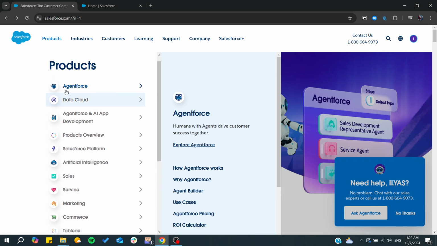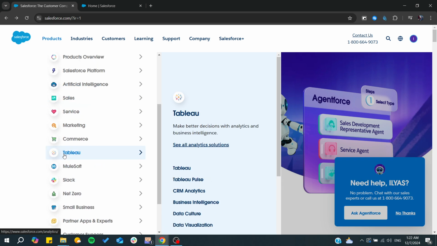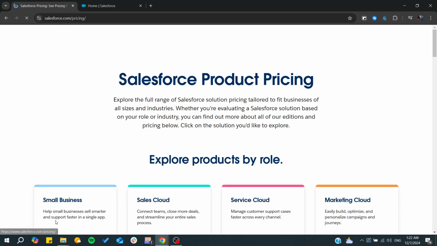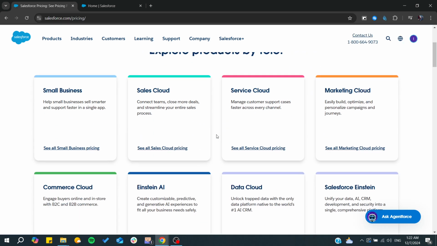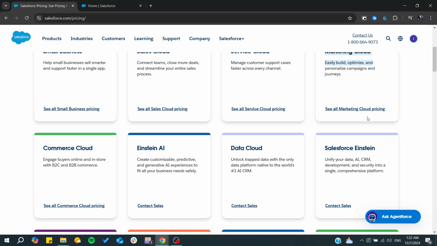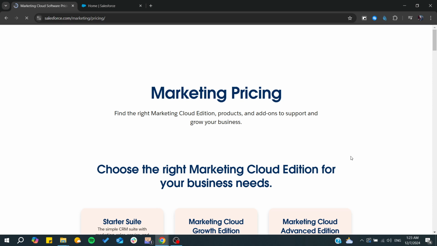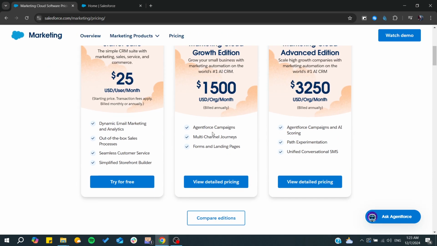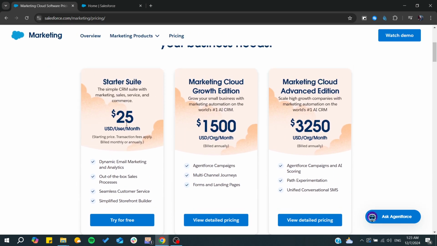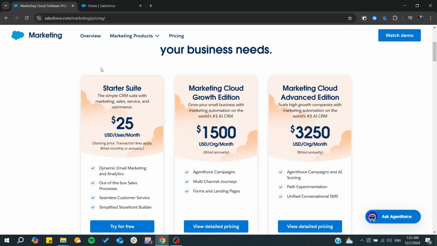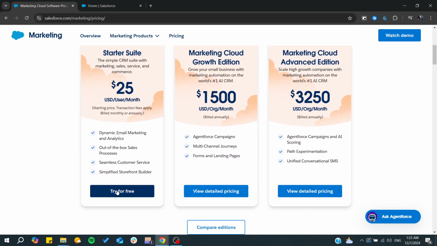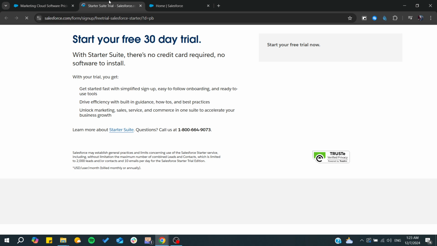So basically, if we go down, we will need to click on see all the products pricing, and from here we will find the marketing cloud, which is the cloud marketing Salesforce. Then you will need to start having first of all a license for the marketing cloud. After choosing, for example, for free, you will need just to click on try for free, and then you will